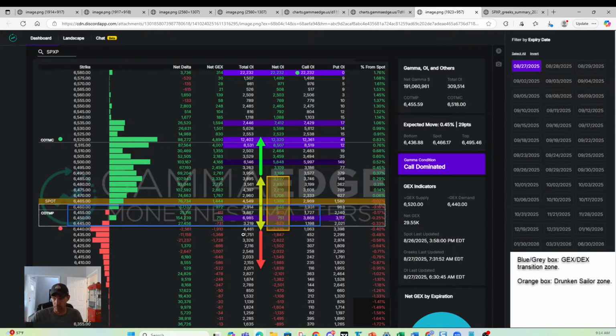Below 64.40, we'd look for a little bit more weakness, possibly down towards 64.25, 64.20. Not really thinking that we're going to go significantly below 64.40, at least at the open. So we'll continue to watch that. That's in GEX. That's a local peak there that we most likely could see some monetization at the bottom of the transition as well as the drunken sailor range.